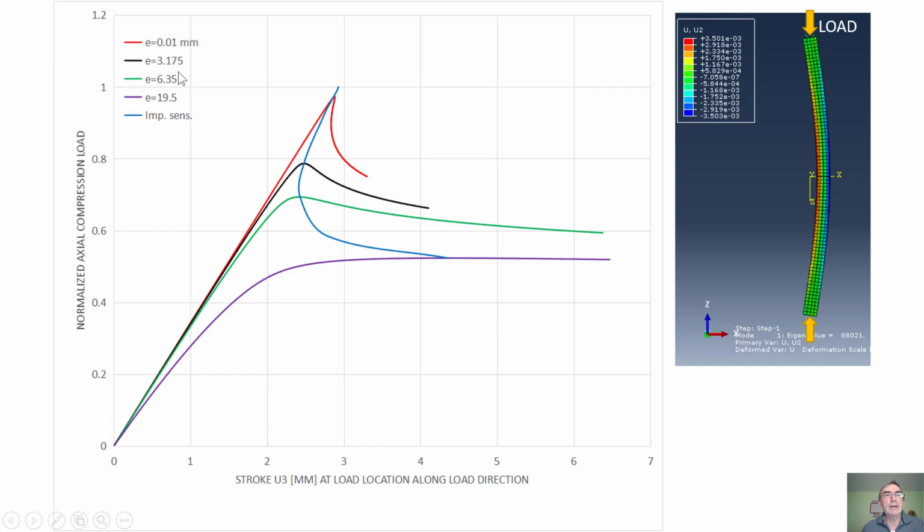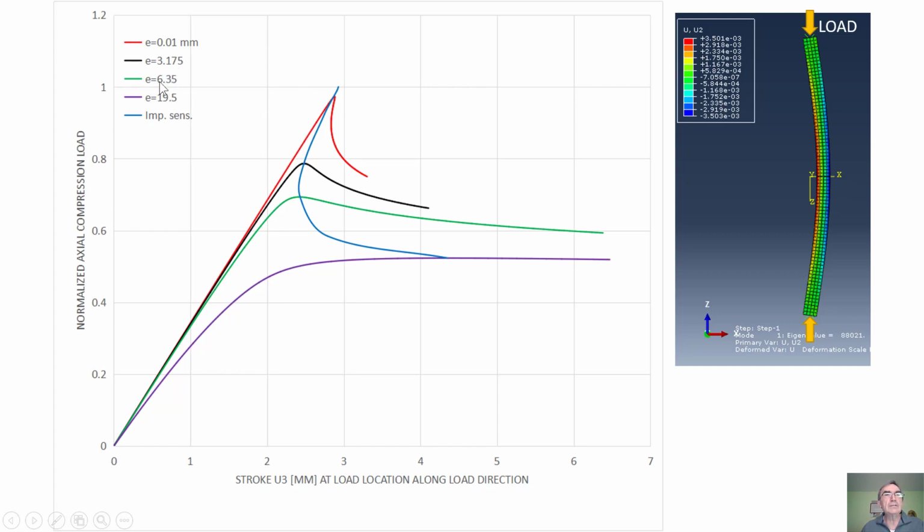So now I can run with an imperfection of half a thickness. The thickness is 6.35, so this is half the thickness of the flange, in black. And you see when you do that, I don't get that high. I get only here, which is 20% less than the buckling load that I would use for the design if I didn't know better. But now I know better. If there are imperfections, I have to account for a sharp drop. This 20% is gone with this imperfection.